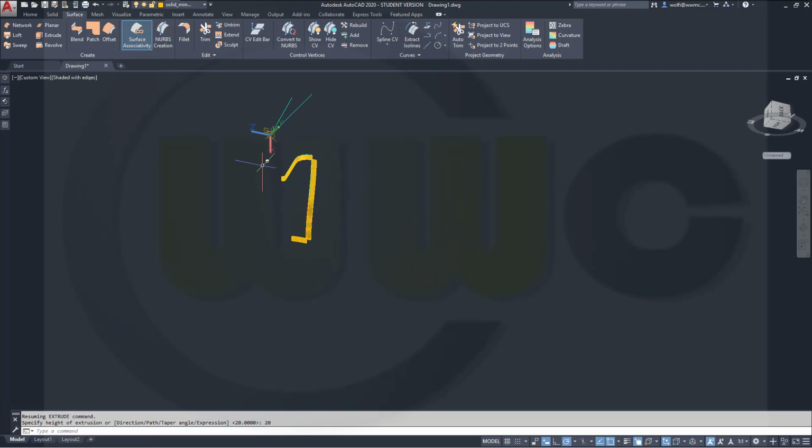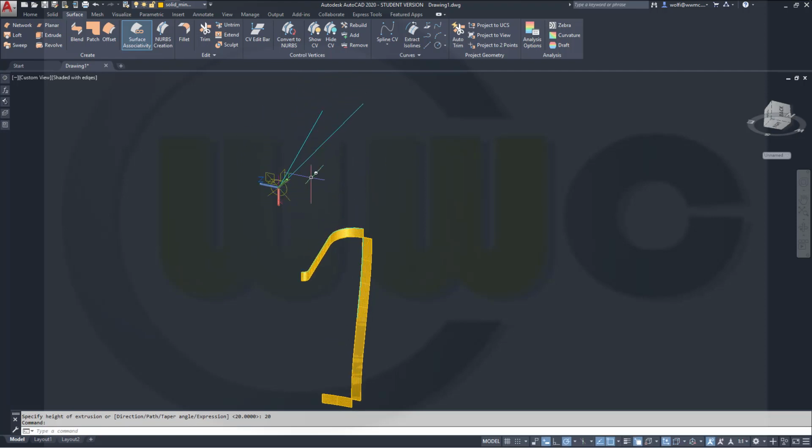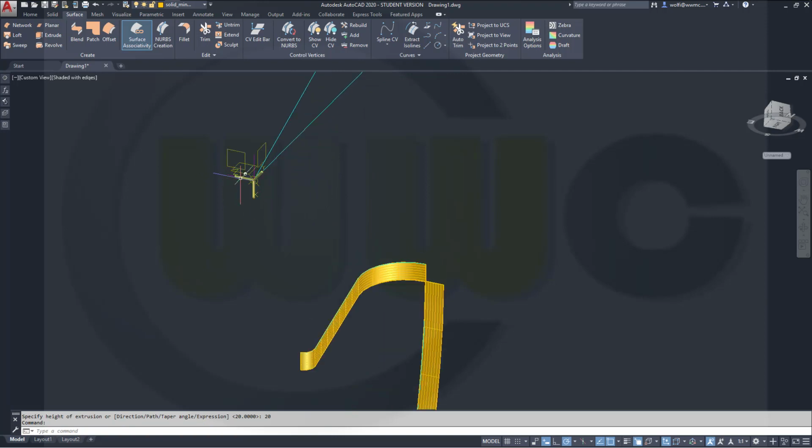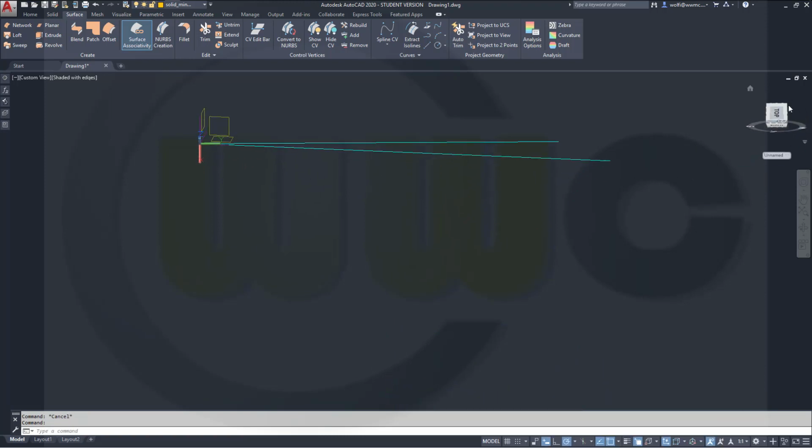Okay, now I have to rotate my axis system around the x-axis by 10 degrees. So go here, select here, rotate around x-axis. That should be 10 degrees. Now if we go for this top view, which should be this one,